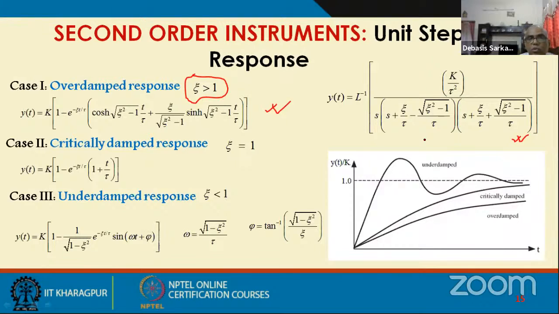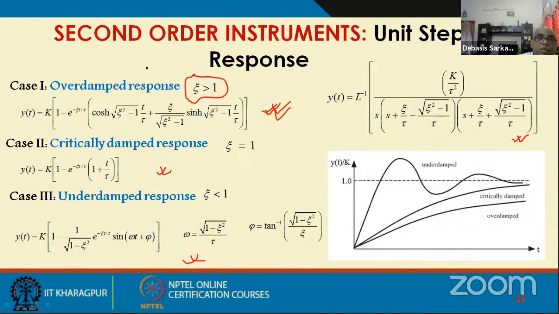What about zeta equal to 0? Zeta equal to 0 means there is no damping. For zeta greater than 1, you will have this equation. Please go through this equation carefully. These are all there in the course slides. When zeta equal to 1, you have this form of the equation, and when zeta is less than 1, you